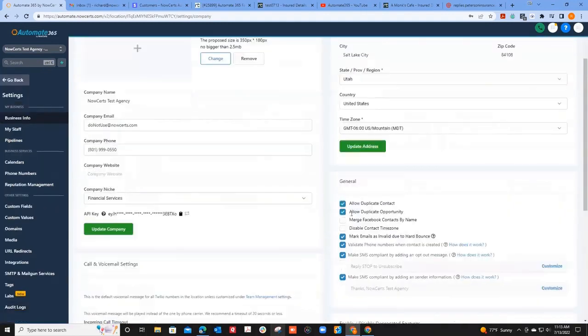These settings I would strongly recommend not touching. So the allow duplicate opportunity, I'll explain the difference in a second. The allow duplicate contact, at least for now, is something that is kind of important, especially in the case of an agency where you might have an insured that has a common email or a common phone number. If you have an insured with a common email and phone number, and you don't allow the duplicate contact to be created, then what's going to happen is